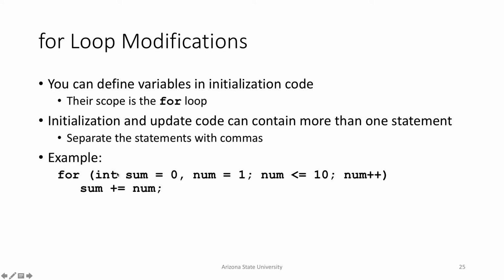So the scope again, if you declare a variable here, it's only accessible within the for loop. It could contain more than one statement. So here is something really interesting. Remember, what ends a statement in C++ normally? A semicolon. But here it doesn't. Here you separate things by commas. If you have multiple statements in any of the initialization or the update parts, put a comma there. I've never used more than one statement in my own code for this, but if you happen to, just put